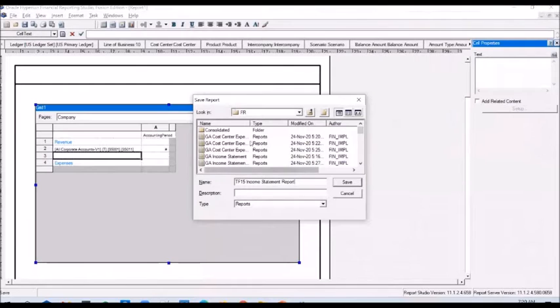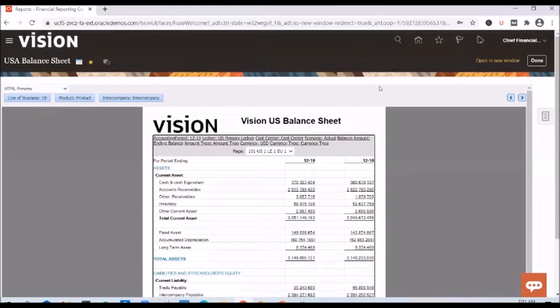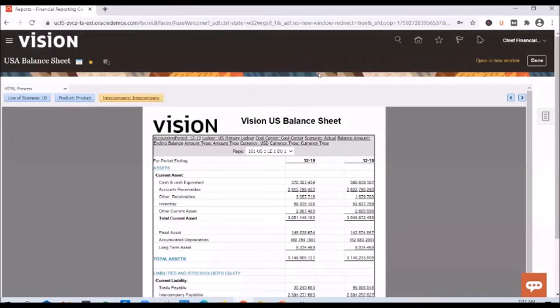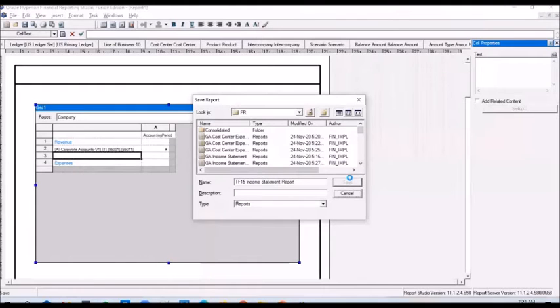And in the same folder, you will also find all the seeded reports given by Oracle. So we are saving the new report that we are creating now to a folder where you find the seeded reports as well. And why do we need to save to this particular location? Because if you save it here, you will be able to access the report from the FRC work area directly. Okay, so we have run this US balance sheet report, right? And once we are done with this income statement report build, since we are saving it to the FR folder, we will be able to access it from the FRC work area in the application. Okay, save the report.